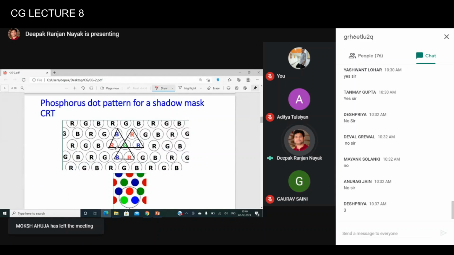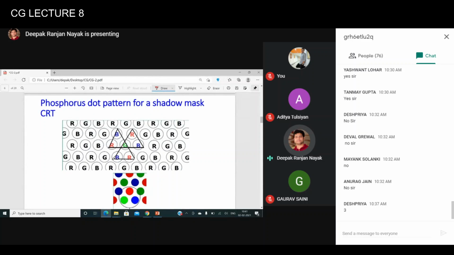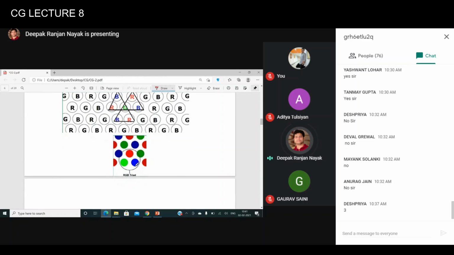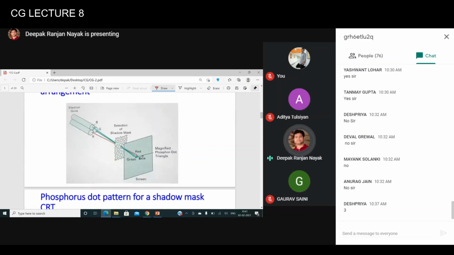Yes, if you can see here, please look at it. RGB, RGB, RGB, every time you will find three colored phosphor dots. And this is called an RGB triad, red, green, and blue. So all the time you will get a triangular arrangement of the phosphor dots in shadow mask based CRT systems,